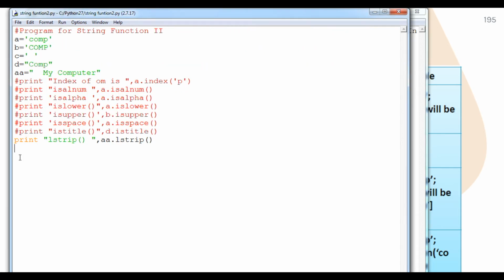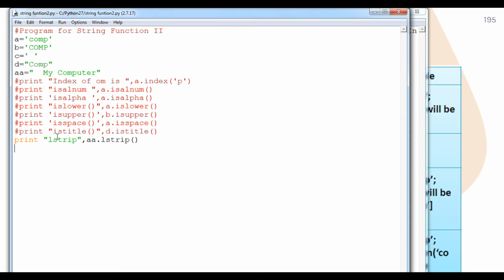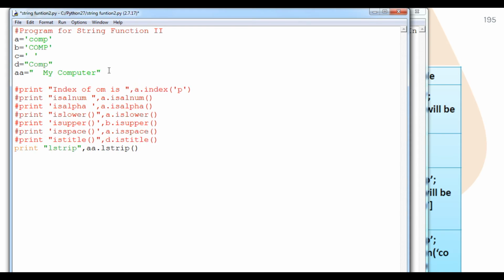So now you can see, student, this particular string contains no space at the right side. Suppose that we are talking about it like this. Now you can see my computer, it is simply in this form. And suppose you have another variable like double B. Suppose that triple quotes are there.